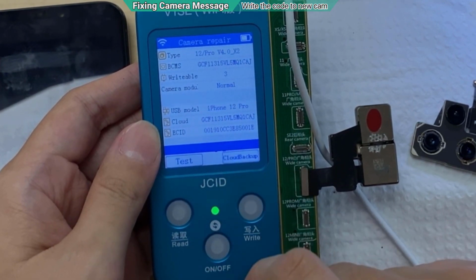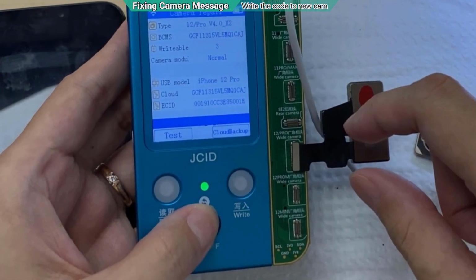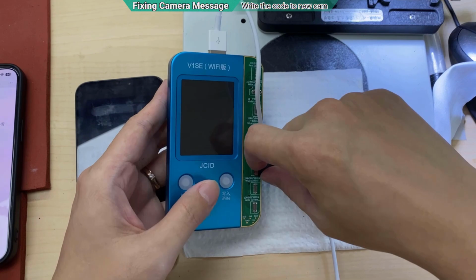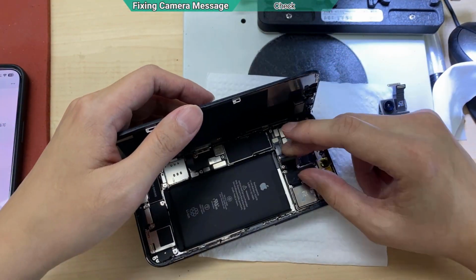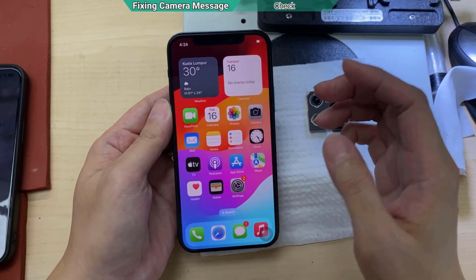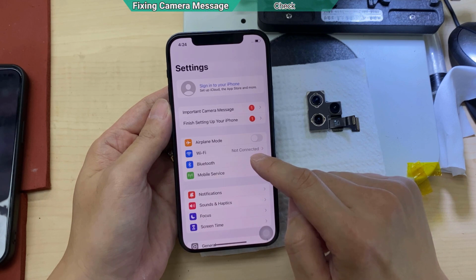Okay, the code is different. I believe my job is done here, so I'm going to turn it off. Unplug the flags. Wait for a moment. We see there are 2 notifications.